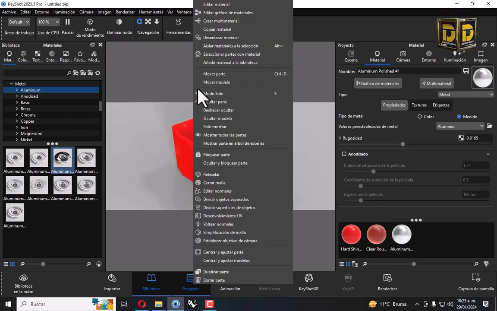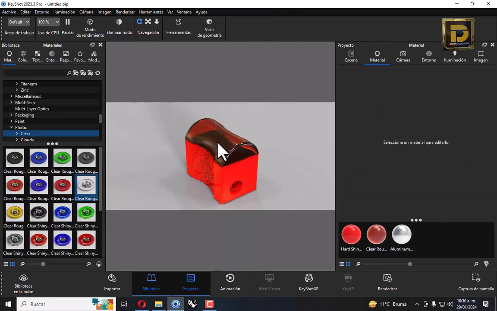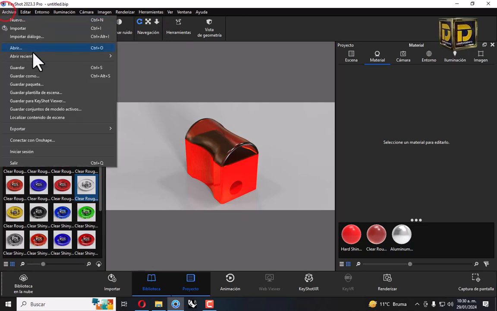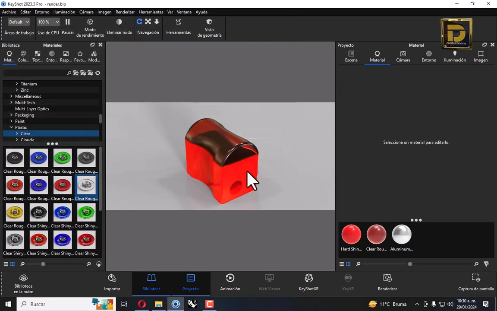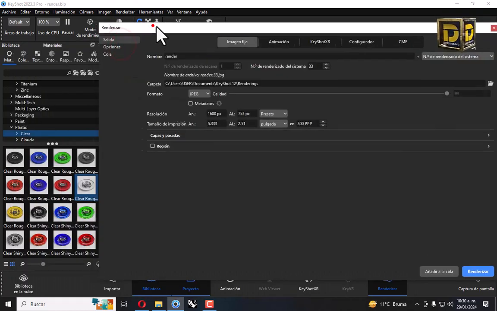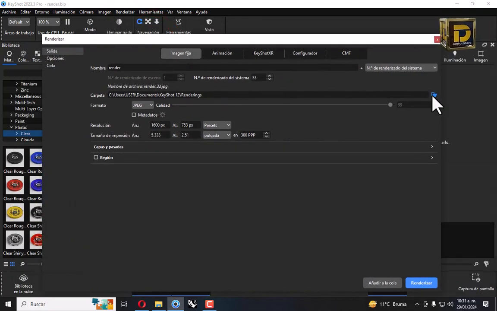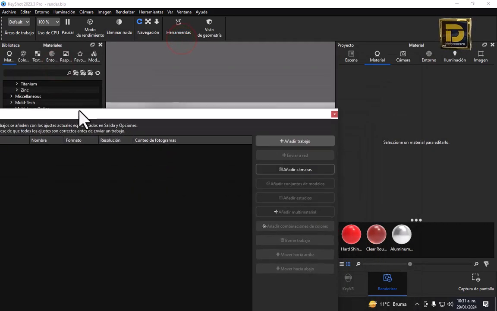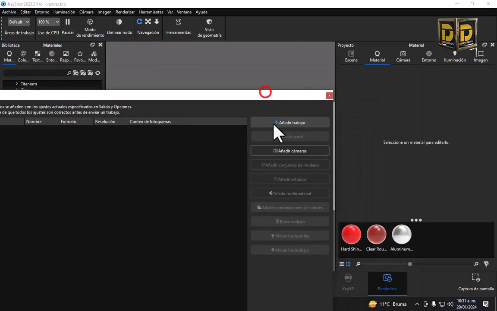right click, show all. If you want, you can select other plastic, but we're going to make a render, so we need to save this file. Go to render, select a folder right here, go to Queue, add job.